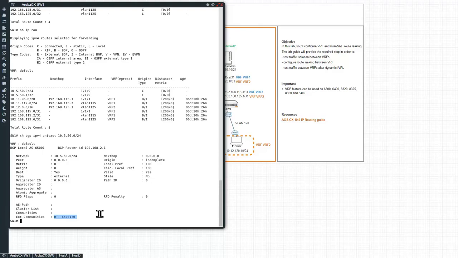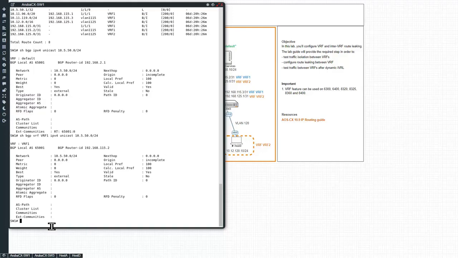Now, this is inside the default VRF. If I look for the same inside VRF1, you see this extended community being lost, which is normal behavior in CX when routes are leaked from one VRF to the destination VRF, which is VRF1 here.